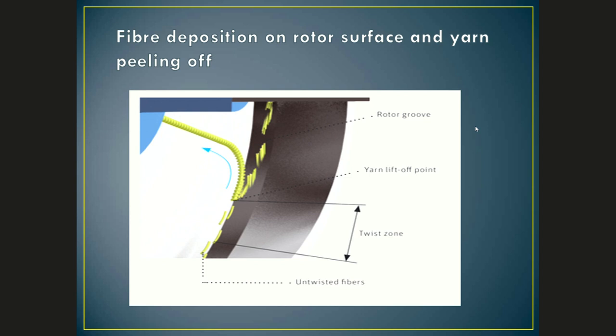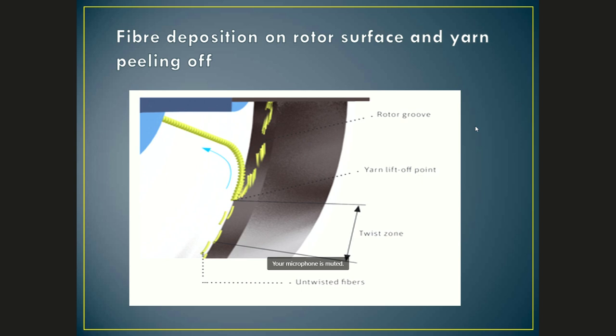If your yarn tail is moving at a slower speed than the rotor surface, then what is going to happen? These fibers are already there and are not being peeled off, so you will not be able to maintain the same linear density. So it is important that if a rotor is taking one revolution, then the yarn tail will take 1 plus delta x revolution.